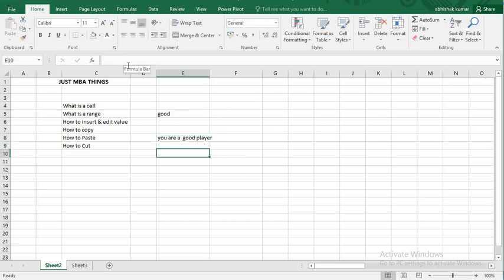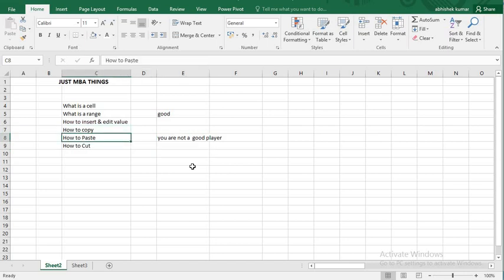One more way is I can double click here and write "not". Still my job is done. But what I suggest is to go to this cell and press Control F2. You will get the right to edit in this cell, and you can write "not". This is faster. So this was how we insert and edit a value in a cell.